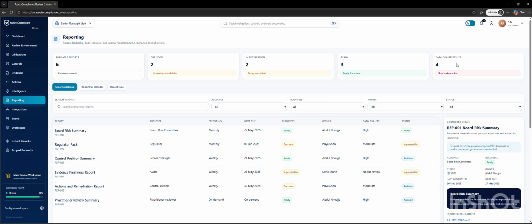So below this, we have different reporting views, including the report catalog, reporting calendar, and recent reporting runs. Practitioners can organize reports using filters such as audience, readiness, owner, and current status. Each report includes information such as its intended audience, reporting frequency, next schedule date, readiness, and ownership. Now, selecting a report opens the connected